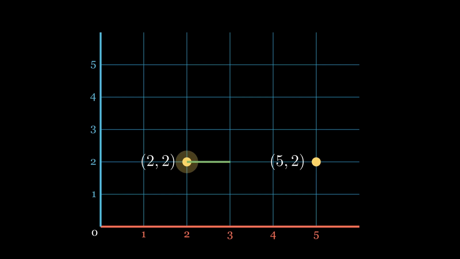Let's observe this horizontal line. The 2 points have the same y coordinate and there is no vertical movement. So this means the rise is zero. Applying this gradient formula,